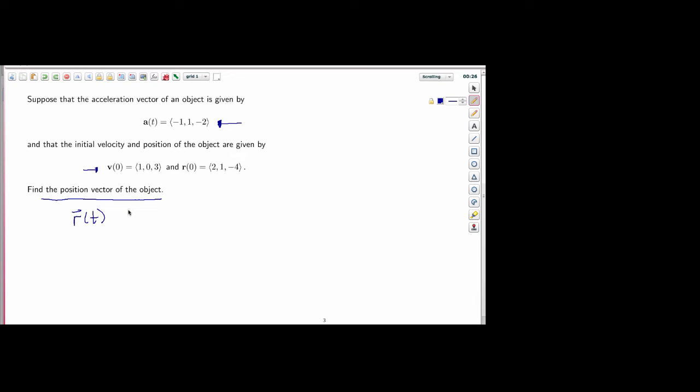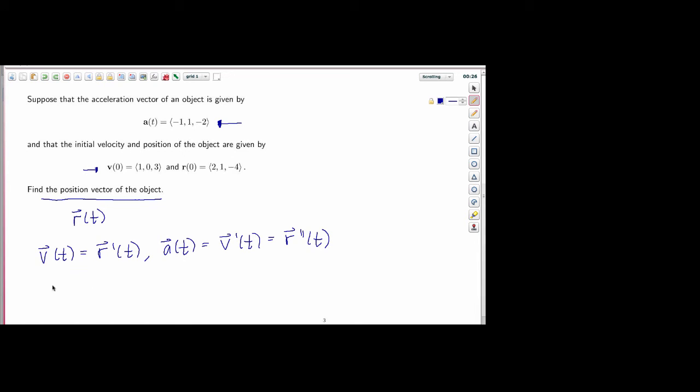So the first thing I remember is the relationship between position, velocity, and acceleration. So I know that velocity is the derivative of position and acceleration is the derivative of velocity, which is of course the second derivative of position. So here I have acceleration and I want to find position, which means instead of differentiating,